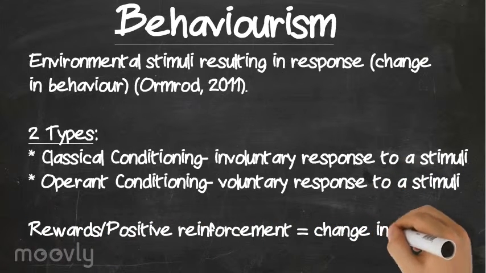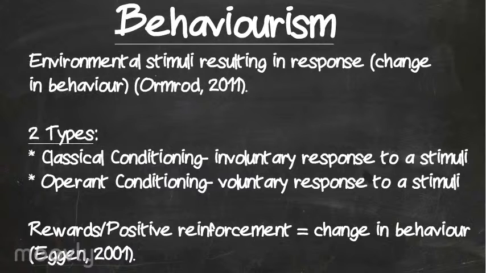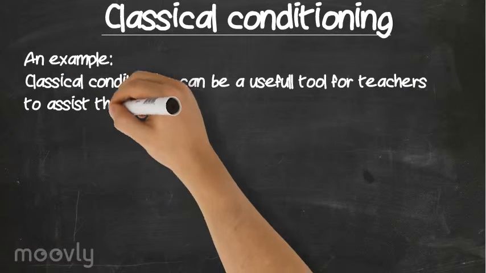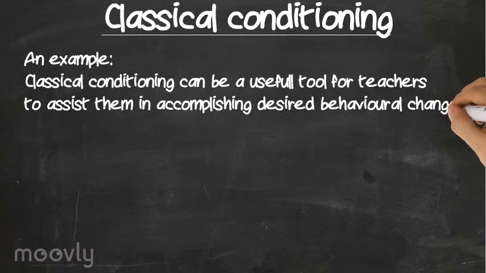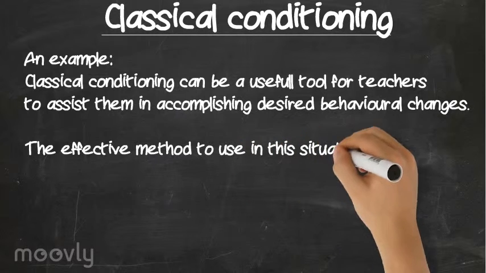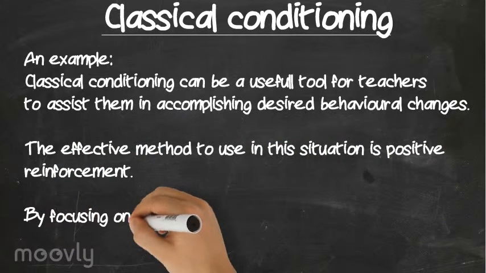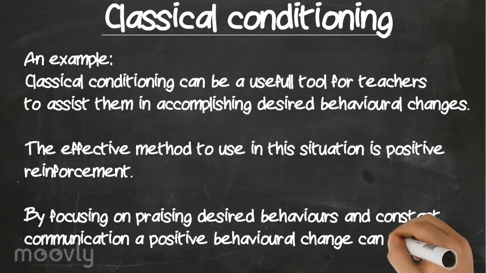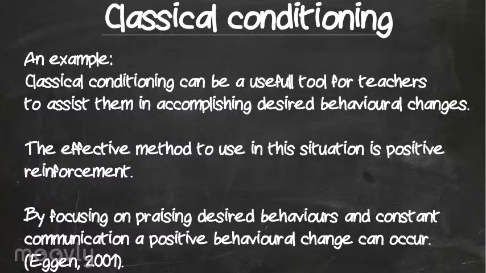Behaviourist theory is an effective method of teaching in the classroom as children respond to and respect actions that result in positive feelings and rewards. There are two types of behaviourist theory: classical conditioning, that is an involuntary response to a stimuli, and examples are given on the slides, and operant conditioning, when there is a voluntary response to a stimuli. A person's behaviour is influenced by varying consequences such as reinforcement and punishment. Behaviourist approach also allows us to accommodate students with special needs by considering their individual characteristics and selecting strategies to cater to these.